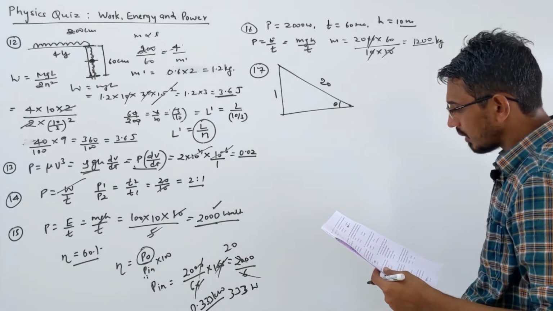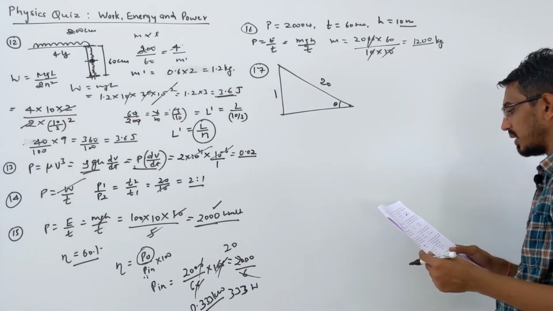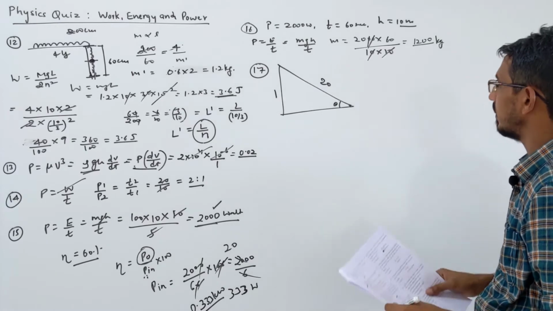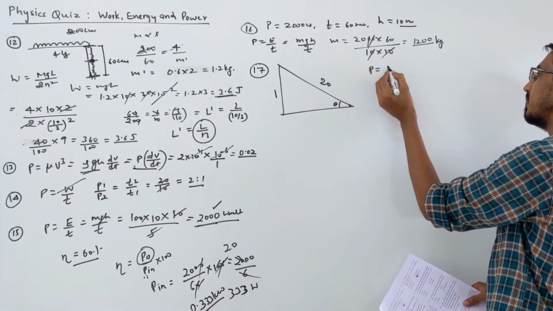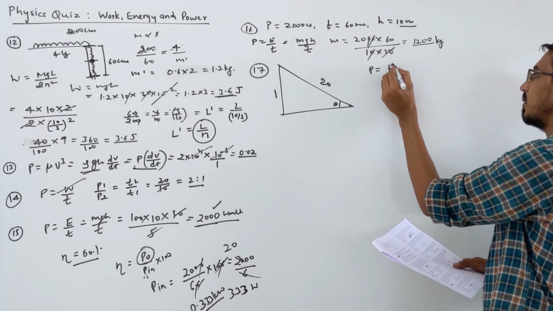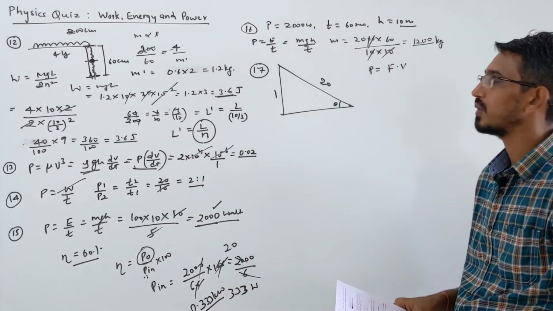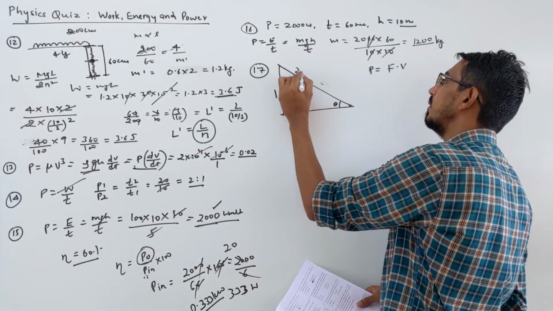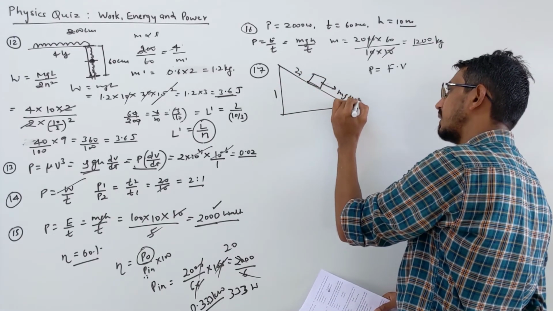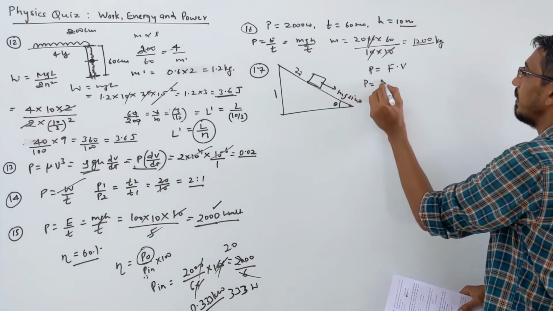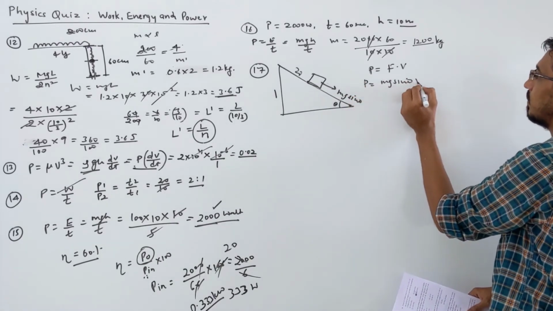The total mass of the man and the cycle is 100 kg. The power of the man is what? Okay. So power is again energy, or either you can say here velocity is given. So you can write this formula, force into velocity, that will be easier. You are here on this incline. So what force do you have to overcome? Gravity, that's called mg sine theta, right? So power required will be your mg sine theta into velocity.